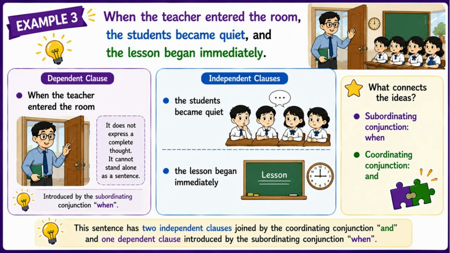These are the two independent clauses: the students became quiet and the lesson began immediately. This sentence has two independent clauses joined by the coordinating conjunction "and" and one dependent clause introduced by the subordinating conjunction